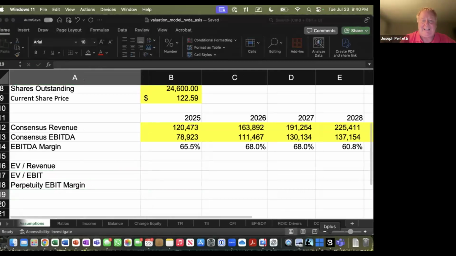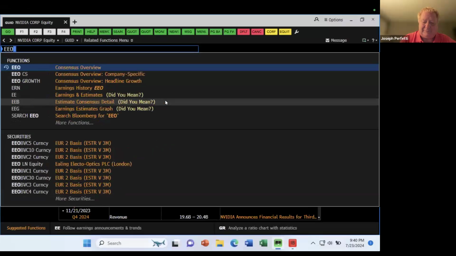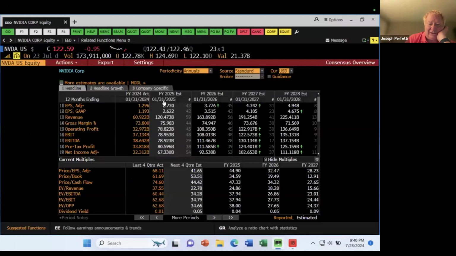So on the EEO screenshot, here are the multiples for Nvidia in the future based on the current share price. So their EV to revenue, basically for every dollar of revenue, what's the total value of the company in the market? Enterprise value divided by revenue. In 2025, 2026, and 2027, it is 37.9, 26.86, and 23.01. When we get to the multiple section, these 2 years become more important to professionals because these